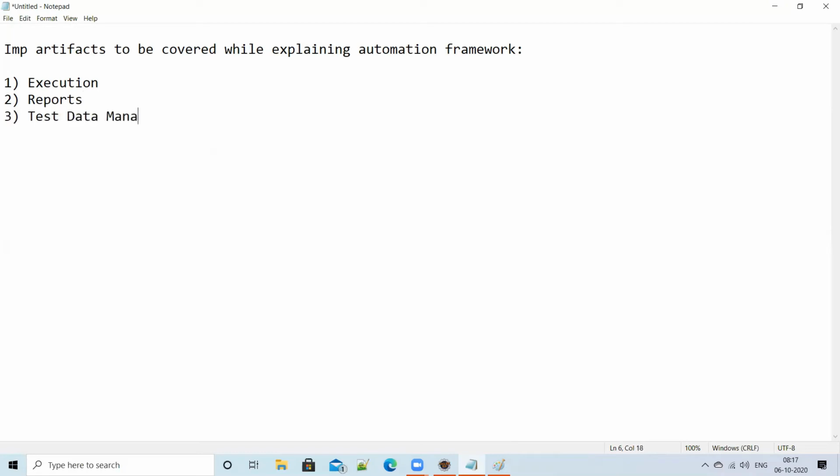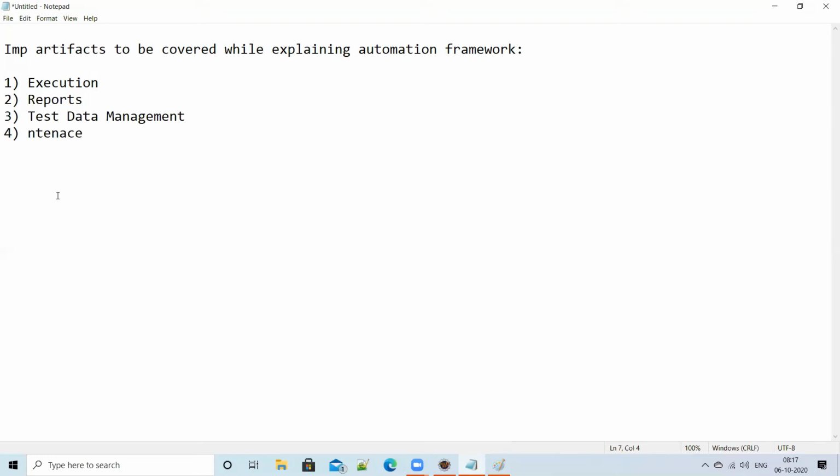Test data management. How you manage the test data for each test case. Okay, and maintenance.